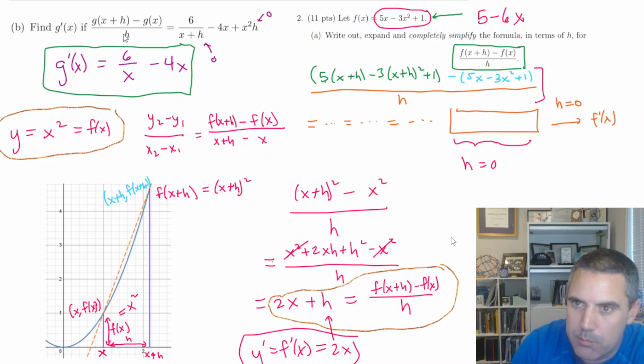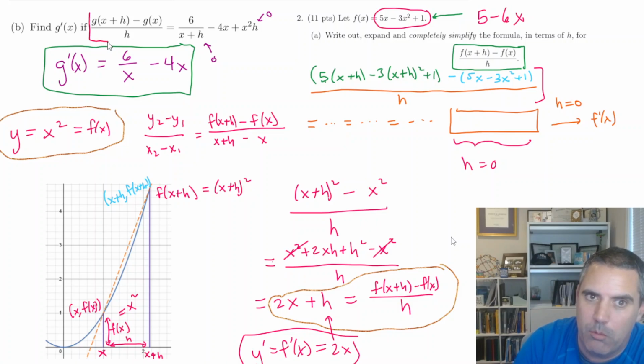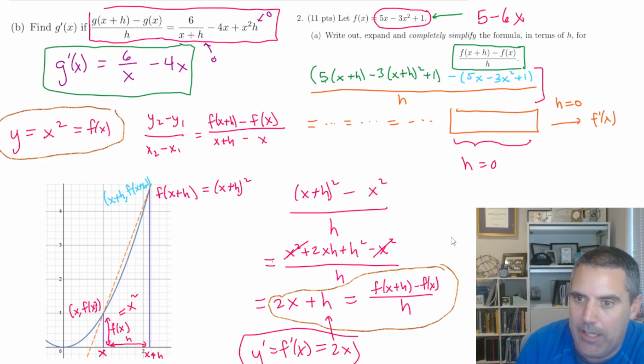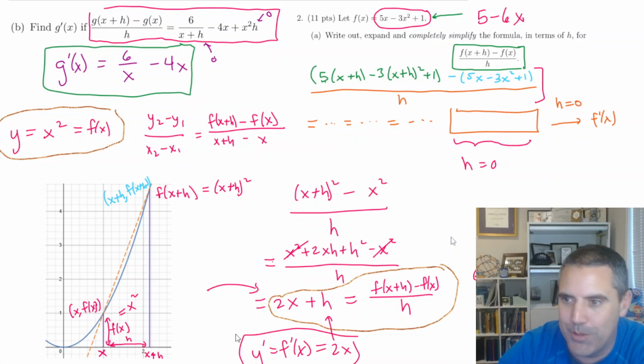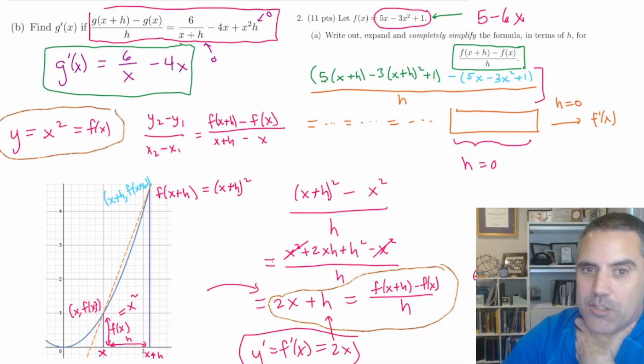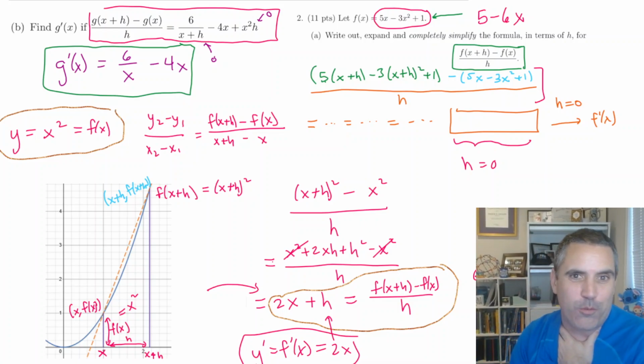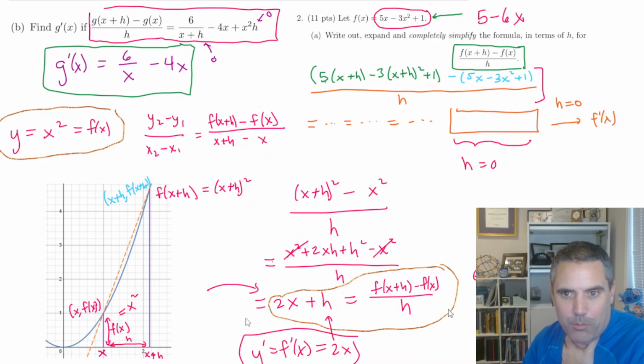So what was happening in this problem? This problem said, assume I've already done all of that work, and I am just telling you the very last step, which is right here. Can you then tell me the derivative? So I think what confused people is it really is that short. If someone has done all the work for you and simplified all the way to the end,